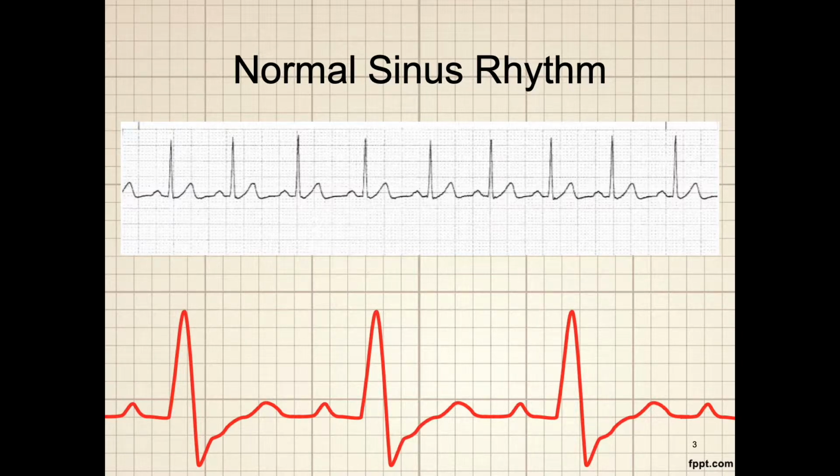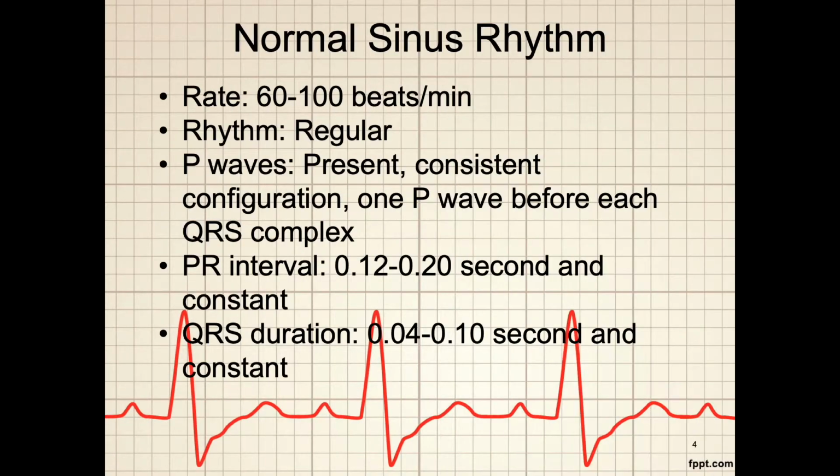In this example, the atrial and ventricular rates are both 83 beats per minute. There is one P wave before each QRS complex, and the P waves are of consistent morphology, or shape. The PR interval measures 0.18 seconds and is constant, and the QRS measures 0.06 seconds and is also constant. The timing, intervals, and shape are all characteristics of normal sinus rhythm, and using the algorithm introduced in another episode,